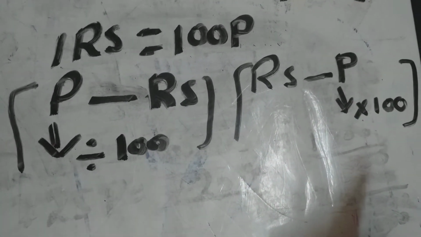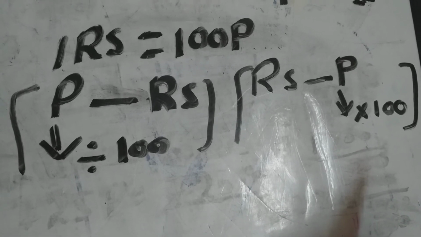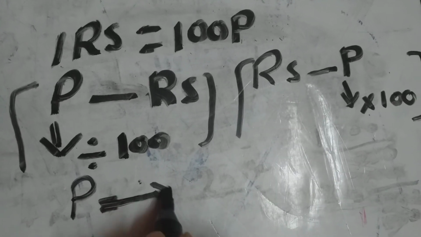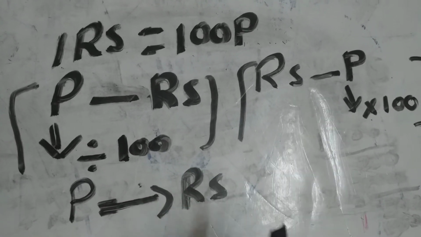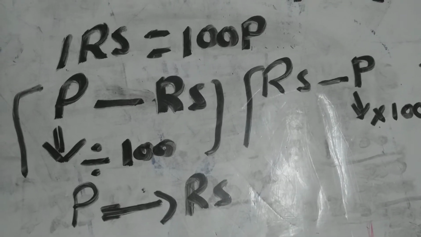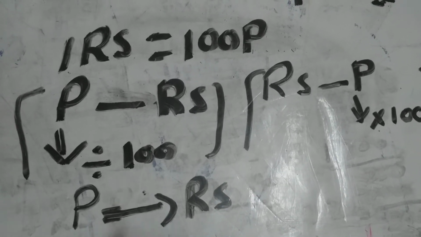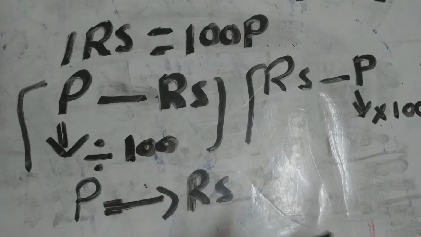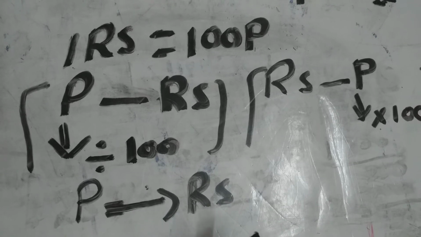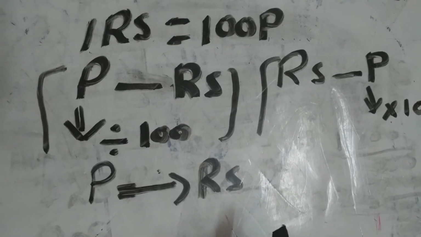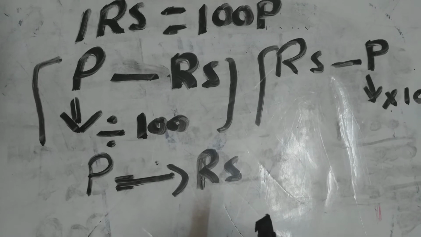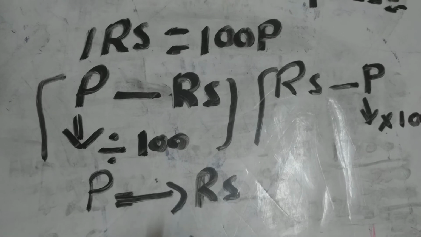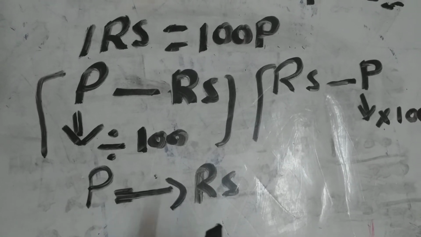So girls, here is another trick I would like to tell you, how to convert paisa into rupees. Girls, listen to me very carefully. If we want to convert the paisa into rupees, first of all shift the decimal point two places to the right. In other, easier words, if you want to convert paisa into rupees, first we need to count two digits.